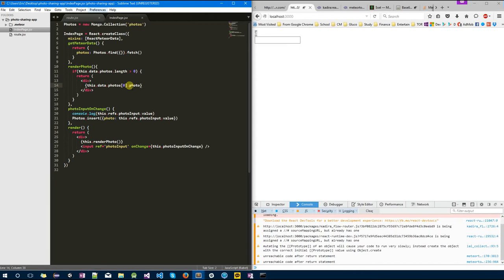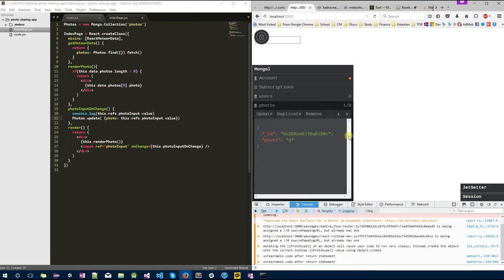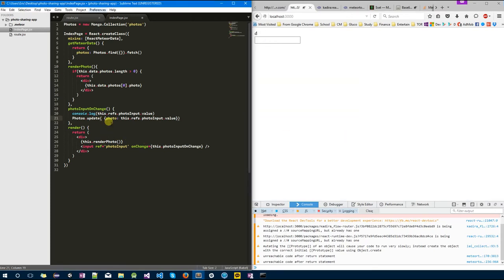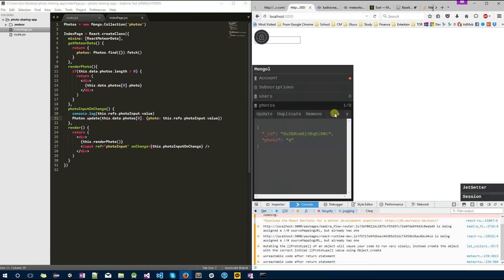There's one problem, is that we don't want D. We want the value that we last inserted. So instead of insert, there's one quick command that we can do, which is called update. With this update, we want to update the first item in the array instead of continuing to insert. So what we're going to do is this.data.photos[0]._id to tell it that I want to update the first one in the index,